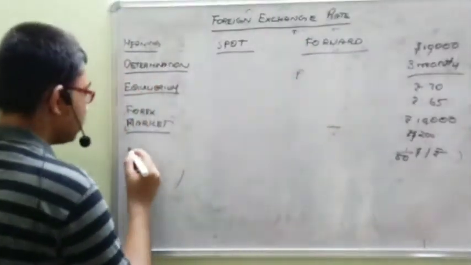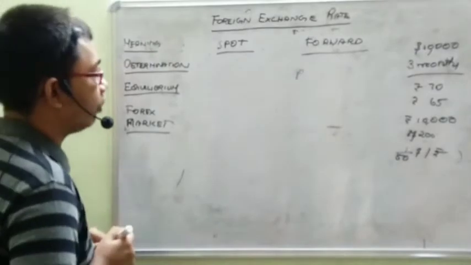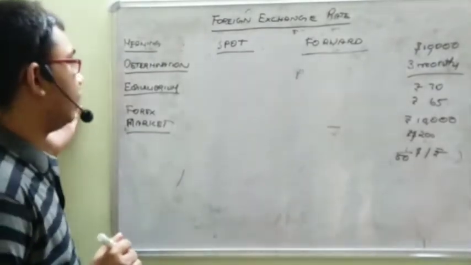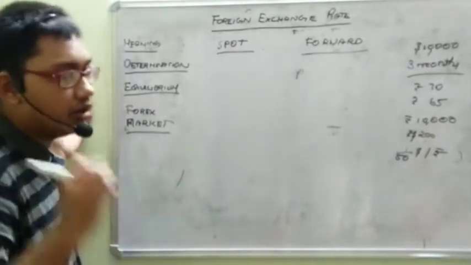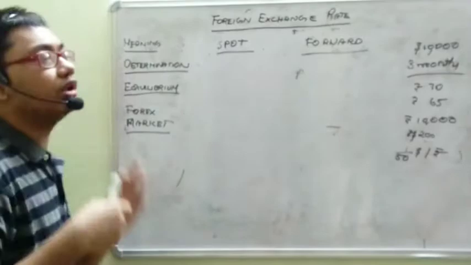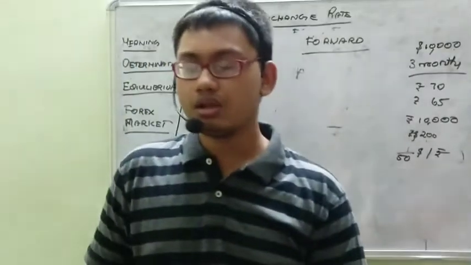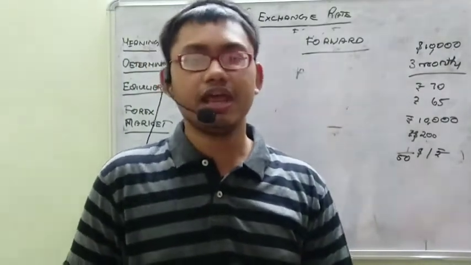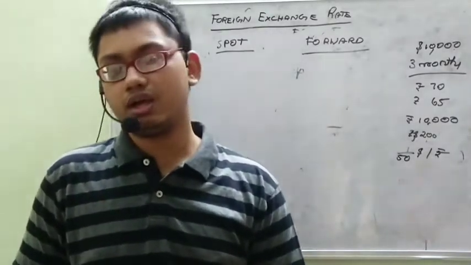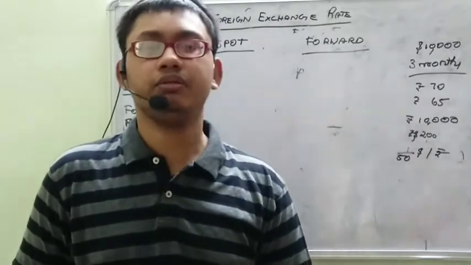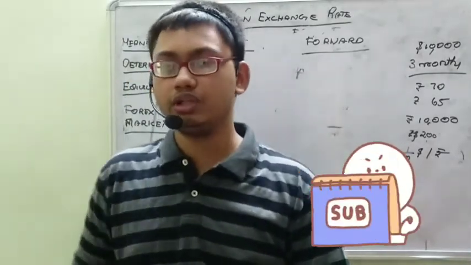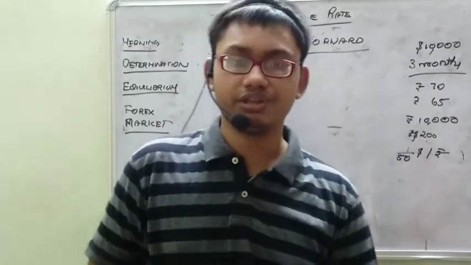So this is all about foreign exchange. We saw the meaning, we saw how the foreign exchange rate is determined, and equilibrium rate, depreciation, appreciation, devaluation, revaluation. Then we saw the foreign exchange market, its functions, spot market and the forwards market. So this will be it for this session. We have one more important session in macroeconomics. We'll do it in the next lecture. So till then, stay safe. Thank you.